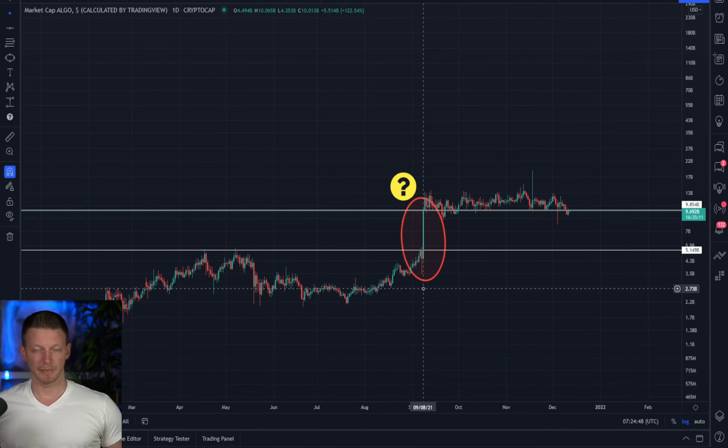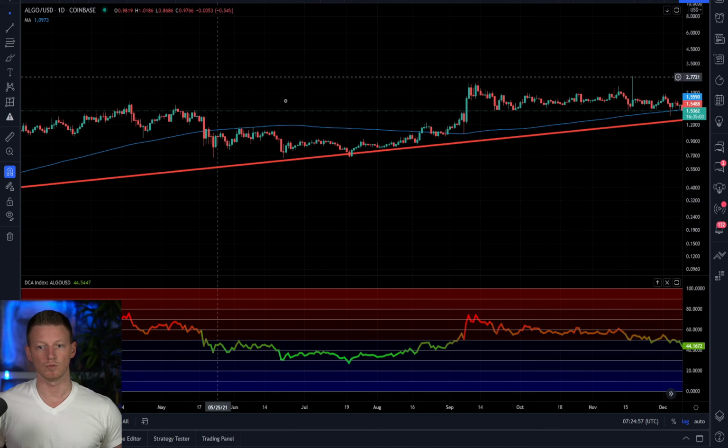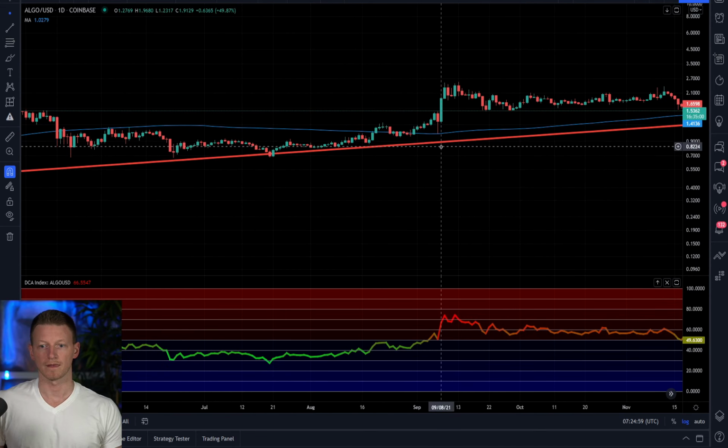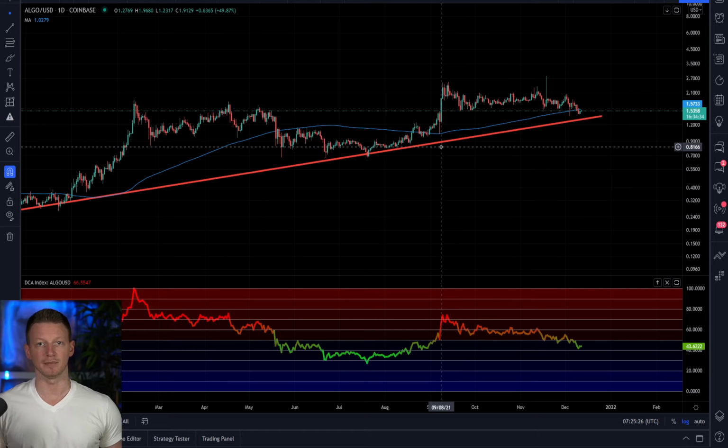So if the price were to match the market cap, so notice that we had a 122% change in the market cap on a single day. Now, with respect to the US dollar, notice that there was a 50% change in the price. So these numbers don't line up with one another. I've tried to find out what happened, what caused this massive spike in the market cap recording from one day to the next. I'm sure there's a reasonable explanation. I haven't been able to find it. And if anyone happens to know, I'd really appreciate it if you could leave a comment down below and let us